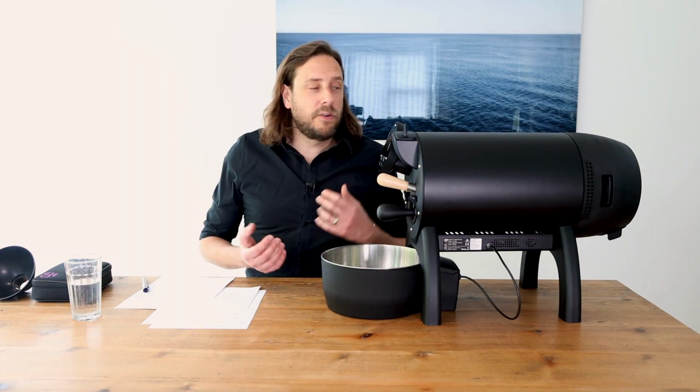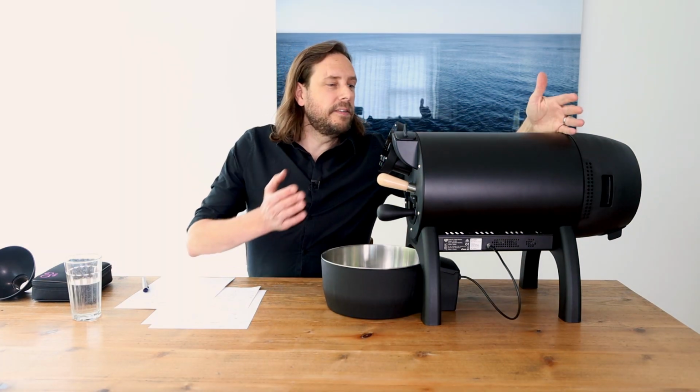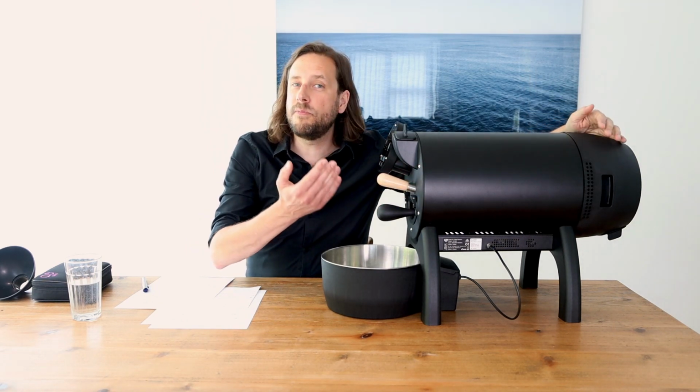When you have a look at the roaster, you see quite obviously there is a large part which is made of steel. And in this part here, you see that the part here is made of plastic. Here is the panel and the opening of the roaster. But in this region, there is the roast drum. It's a massive carbon steel drum with 5.9 liter capacity,